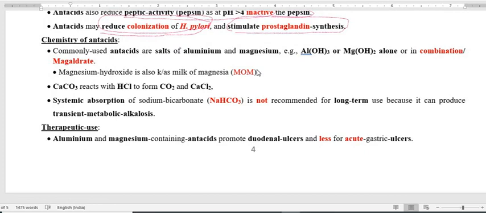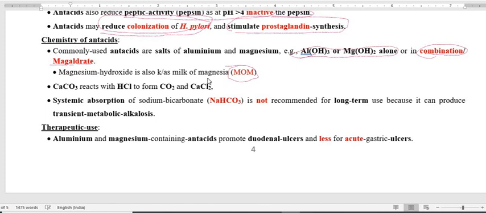Now we have to go through the chemicals. We already discussed aluminum hydroxide and magnesium hydroxide. They are mostly used in combination, because when used alone they both have some side effects. Their combination is also called magaldrate: Mag means magnesium, Al means aluminum, drate means hydrate. So the mixture of magnesium hydroxide and aluminum hydroxide is magaldrate, and magnesium hydroxide is also called milk of magnesia